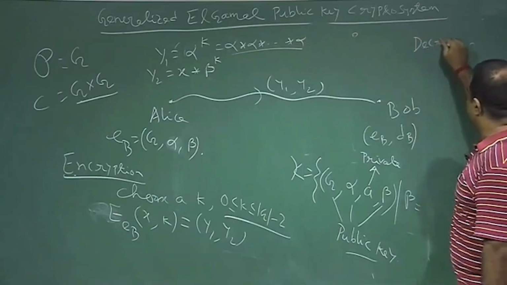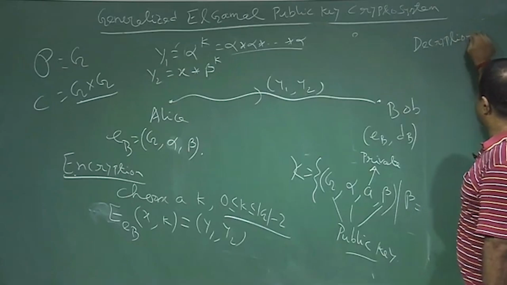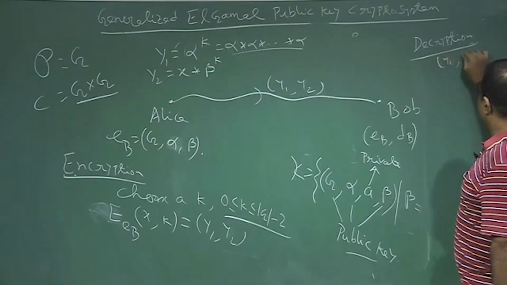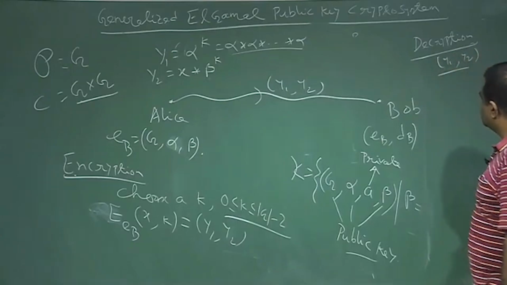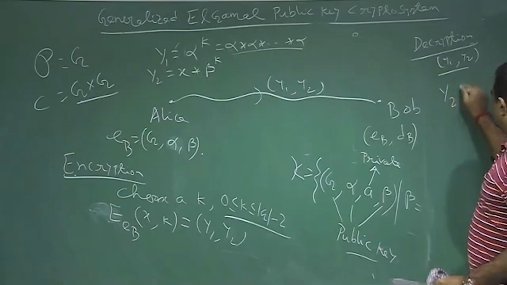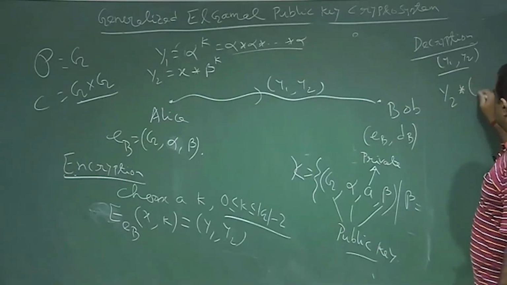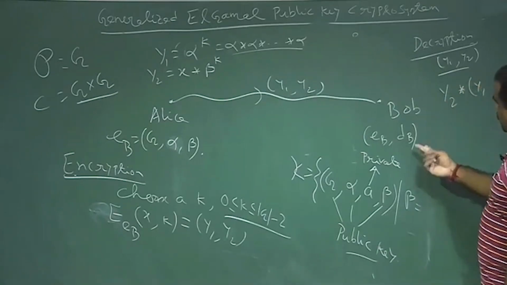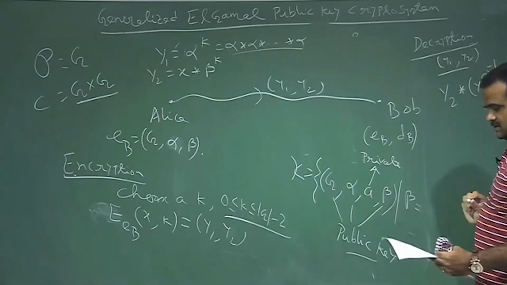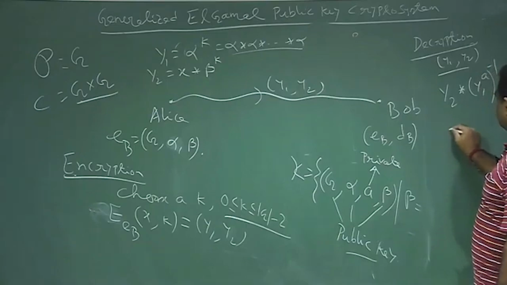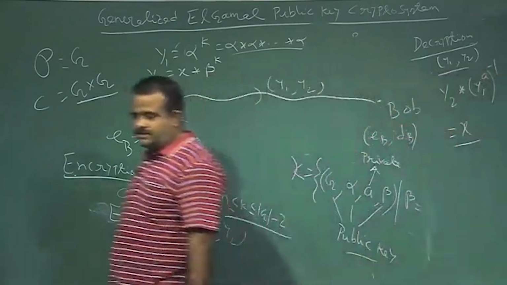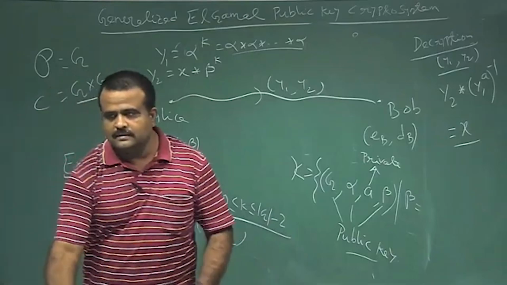this is the decryption made by Bob. Upon receiving this ciphertext y1 y2, Bob will just compute y2 into y1 to the power a, inverse, since Bob has the secret a, and this should give us basically x. So this is the decryption for the generalized